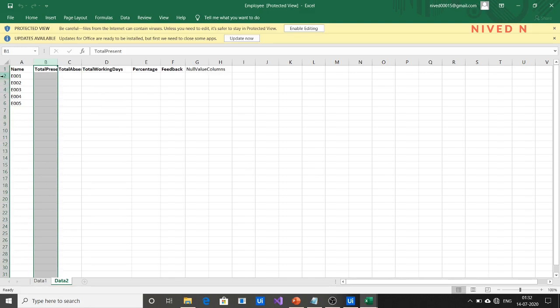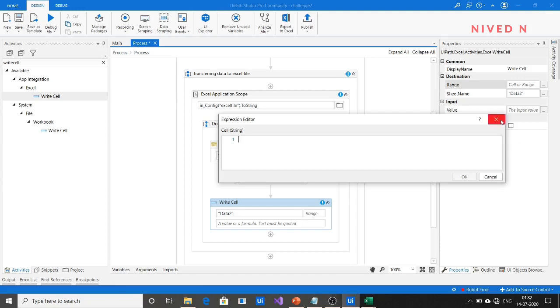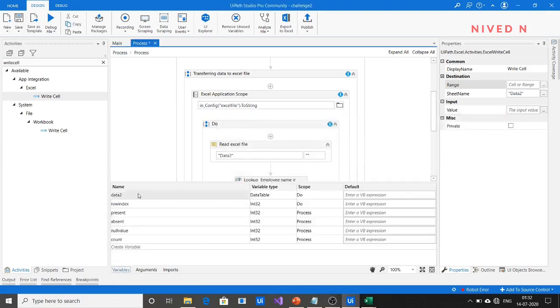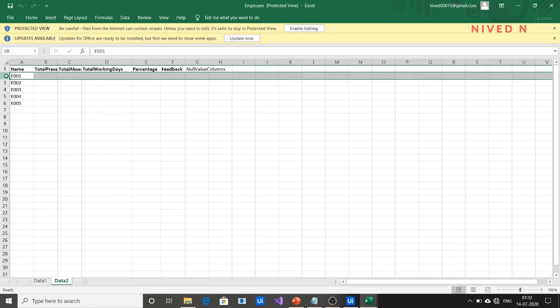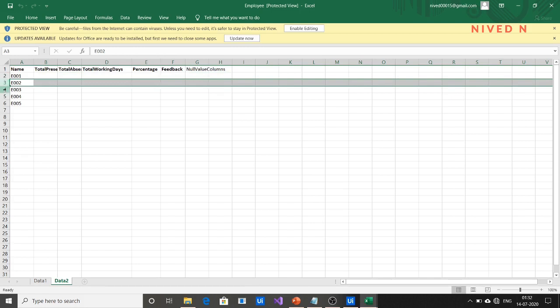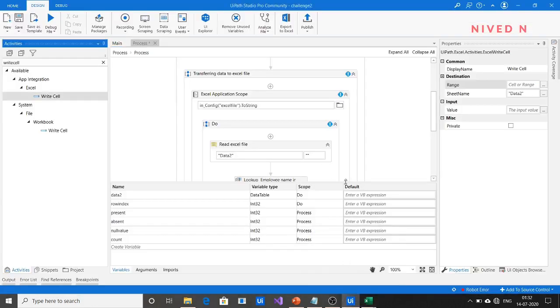But we know the row index. What does this row index actually output? It outputs the row index of each employee that we are searching for. We know that for employee E001, the row index is 0. For E002, the row index is 1. For E003, the row index is 2, like that. So for B2, the row index is 0. So in a general way you can specify the cell value for each transaction.